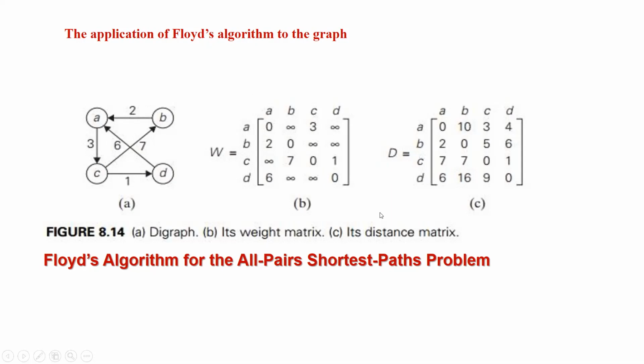Now I think we are already comfortable with deriving the adjacency matrix, or representing the given digraph in the form of an adjacency matrix. And from this adjacency matrix, by applying Floyd's algorithm, we have to obtain the distance matrix, which will provide us the all pair shortest path from each vertex to each vertex. So how? We shall discuss this.